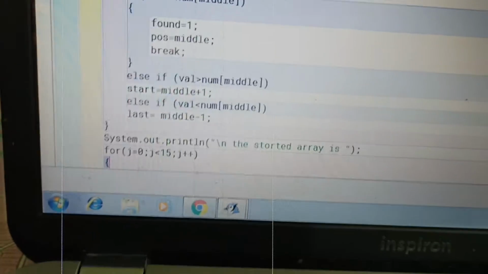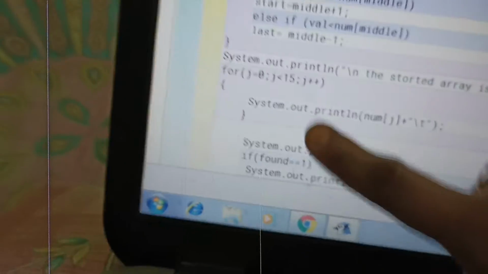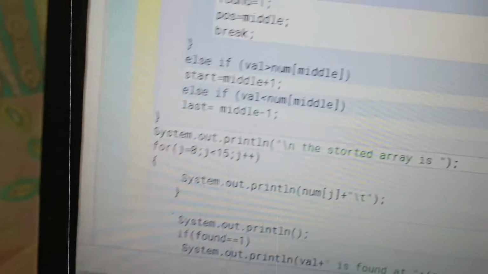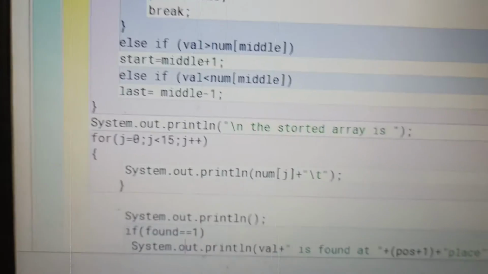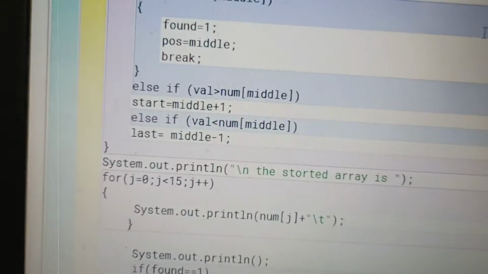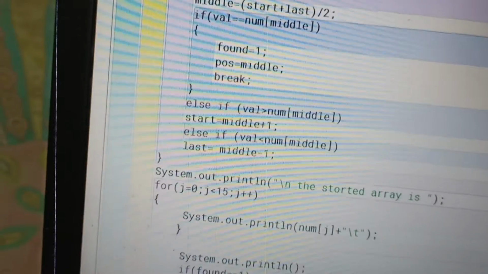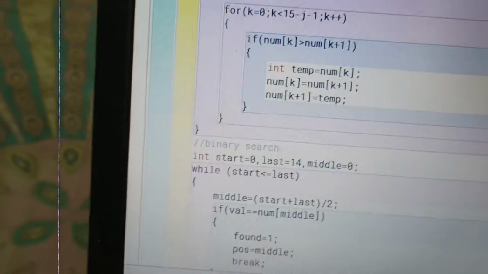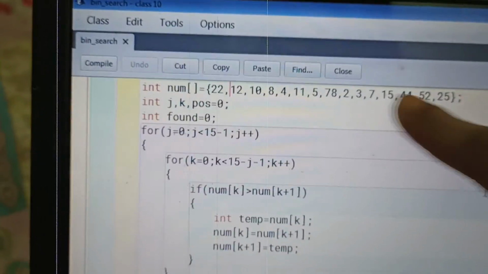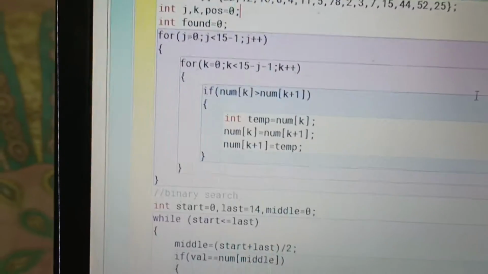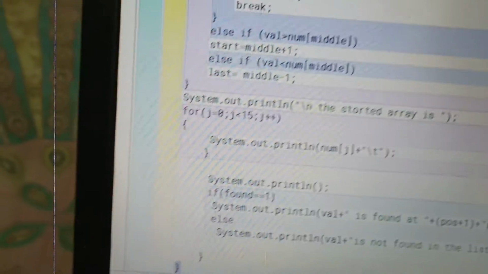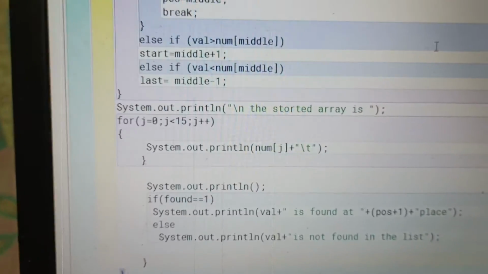Now this particular loop is used to display the array values which are stored, which I have written over here. It will display them with this for loop. Okay, now one more condition is given.